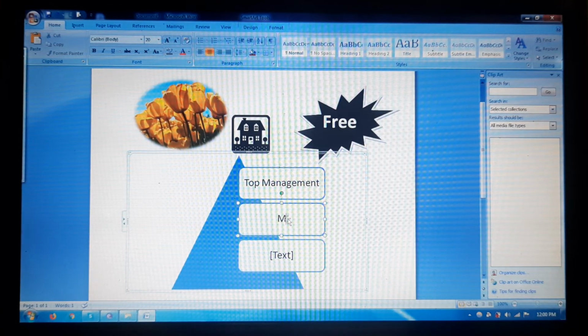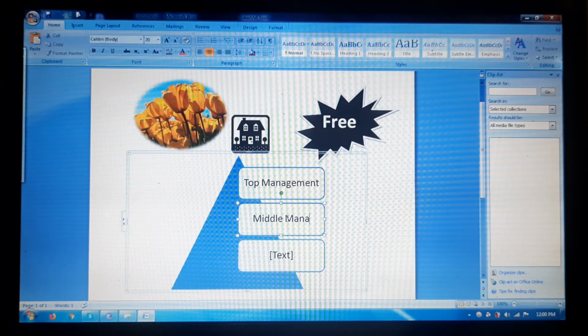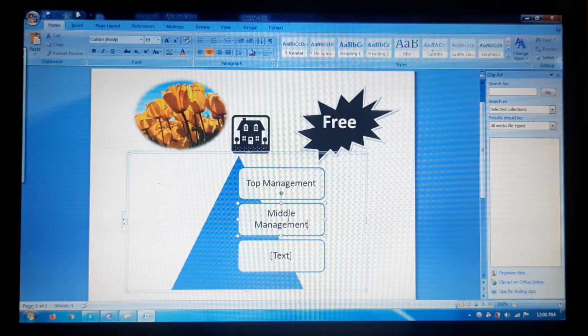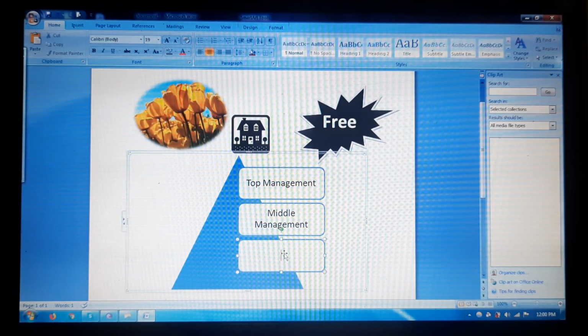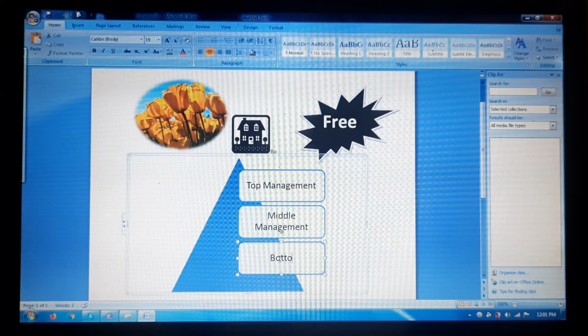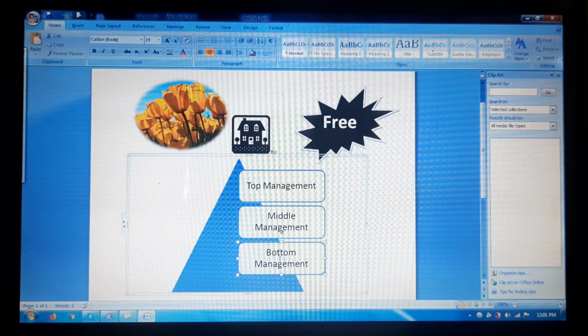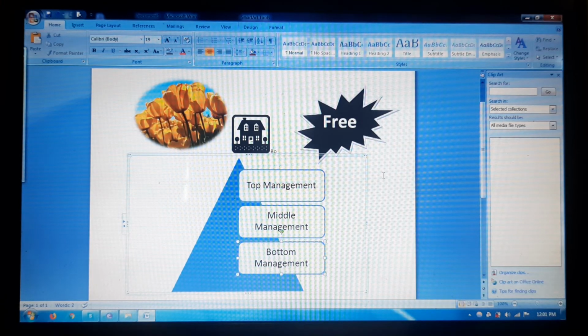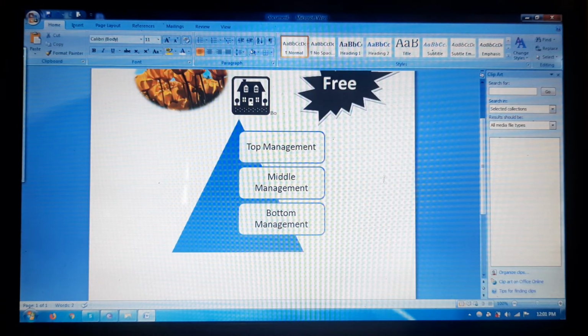Next is middle management. Sorry, bottom management. Right, like this you can use this pyramid structure.